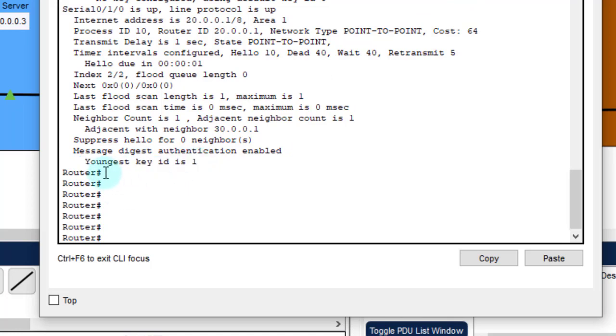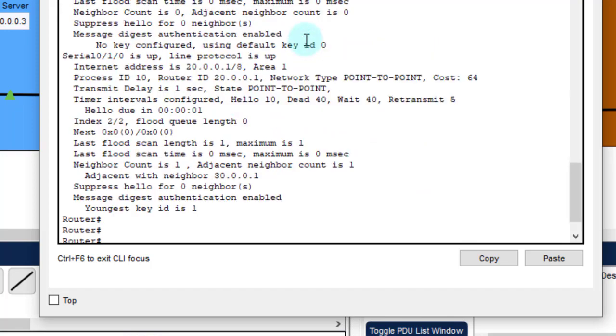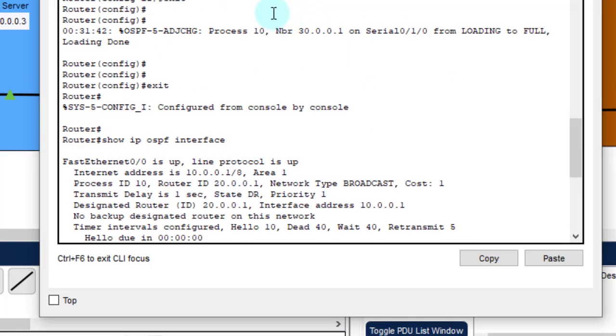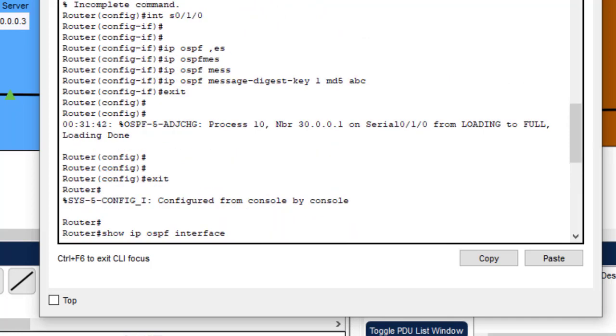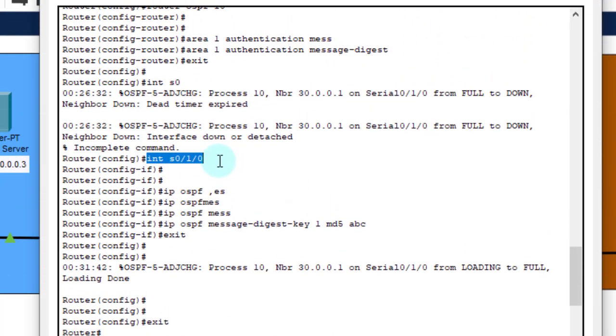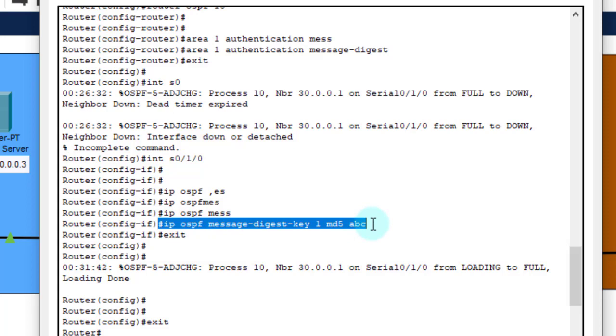Do remember students, the basic commands for the MD5 authentication are these. We first select the interface, then we assign the key and value to the connection, and then we type the exit command.